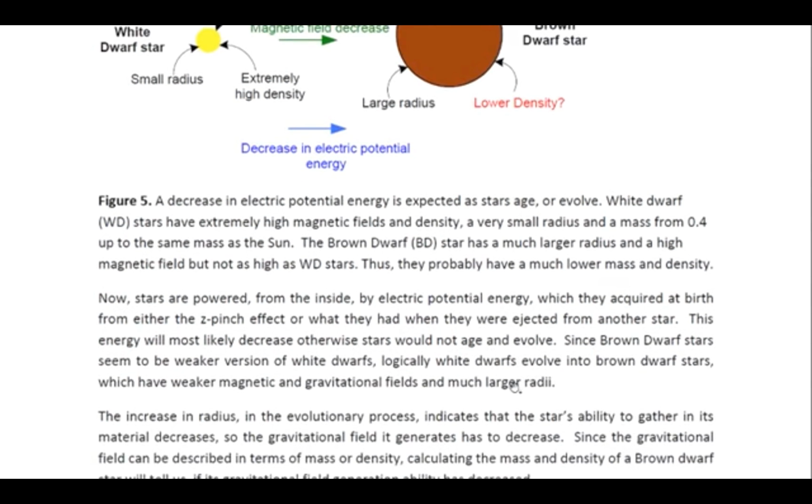Now, stars are powered from the inside by the electric potential energy, which they acquired at birth from either the Z-pinch effect or what they had when they were ejected from another star. And that refers to what I believe is my own theory of stellar formation. I don't believe it is due to gravitational collapse. I believe that stars are electrical and they form due to electric fields, which are basically described by the Z-pinch